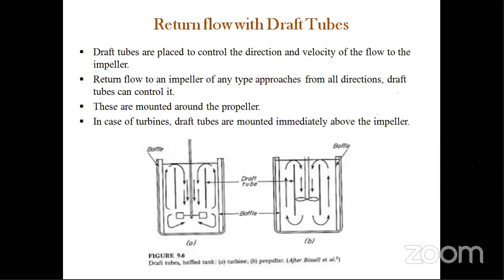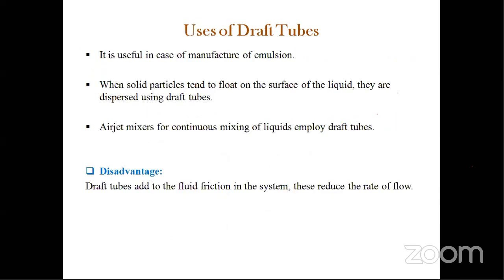ইমালশনের ক্ষেত্রে এটা সবথেকে বেশি পপুলার ইউজ করা হয়, সাসপেনশনের ক্ষেত্রে খুব একটা ইউজ করা হয় না। কিন্তু সাসপেনশনের ক্ষেত্রে কি হয়, দেখো এখানে সেকেন্ড পয়েন্টে তুমি বুঝতে পারবে। সেকেন্ড পয়েন্টে কি লেখা রয়েছে, when solid particles tends to float on the surface, solid particle কখন টেন্ডেন্সি থাকে ফ্লোট করার, ডিউরিং দি সাসপেনশন। ওকে, এখানে সাসপেনশন কথাটা মেনশন করা নেই, কিন্তু এখানে সলিড পার্টিকেলের কথা বলা আছে।